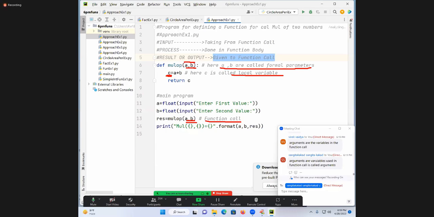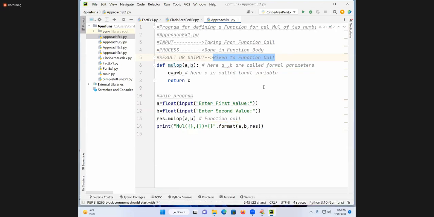Good. How many types of variables do you have in Python? Number 1, formal variables or formal parameters. Local variables. Arguments. Arguments are nothing but variables used in where? Function call. Next level, I'm going to tell you global variables also, instance variables also, class level variables also. Totally 6 variables are there in Python. But on the beginning day we talked about variables. Are you understanding the meaning of variable? Variable is common, but the way you are using it is completely different. Shall I move forward now?